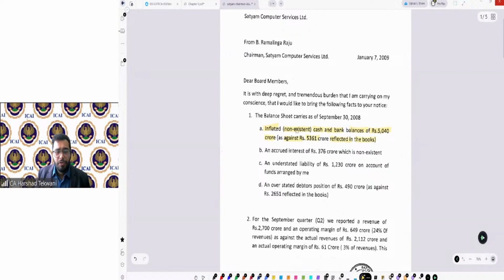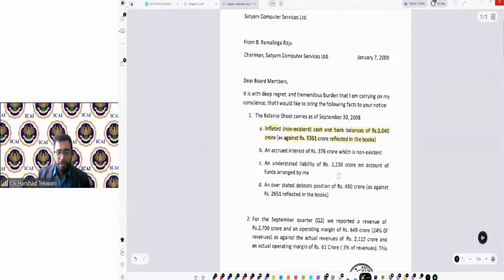So the difference was the non-existent bank balance in the books. Out of 5361, 5040 was not existing.